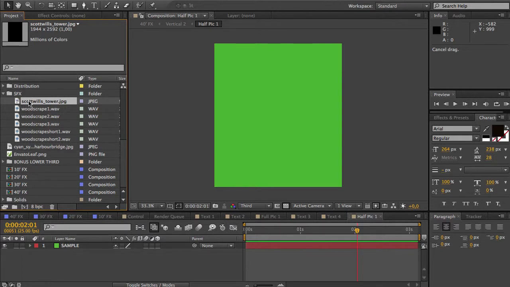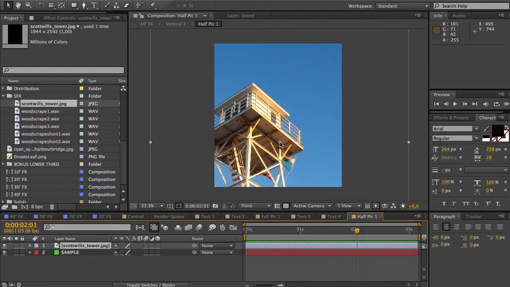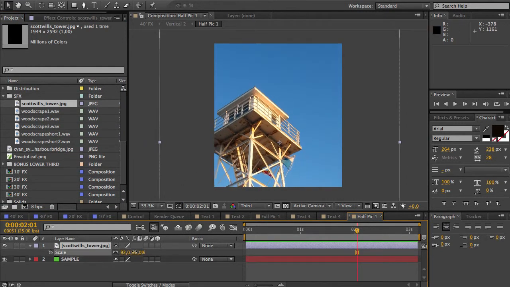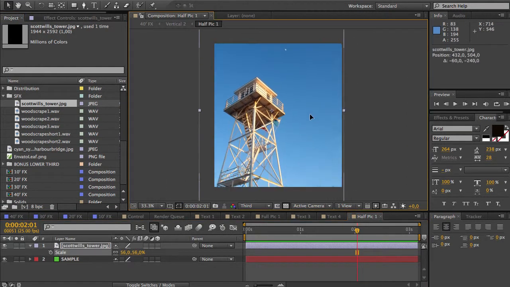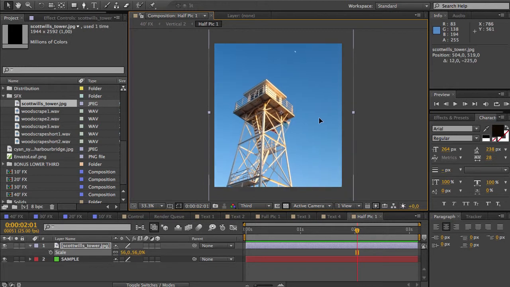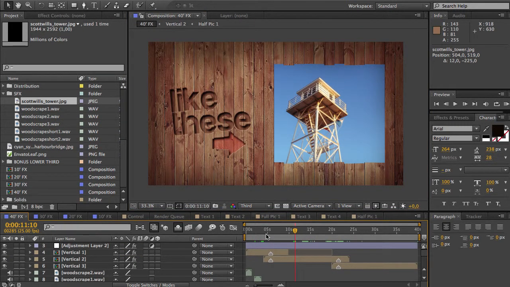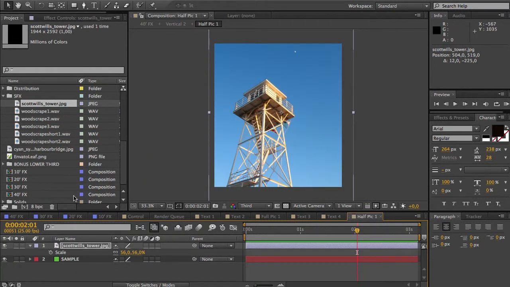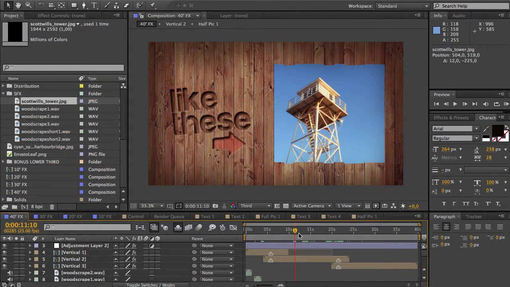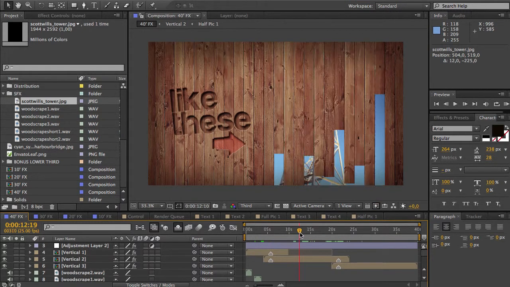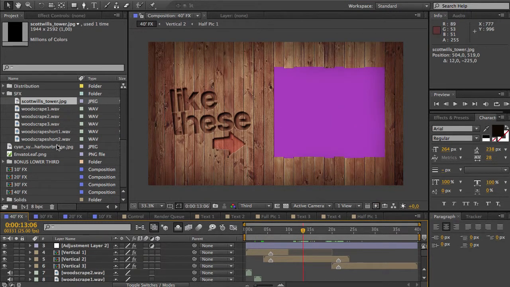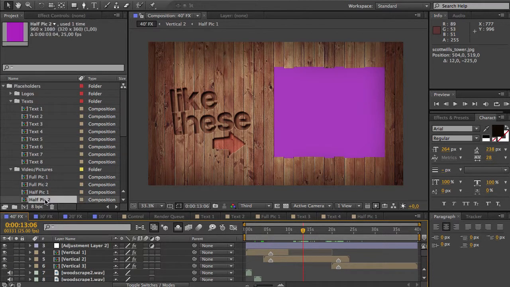Alright, doesn't matter. Let's just drag it right there and let's scale it down. Place it over there, and what you get is this window. Remember, it's not going to show the full thing, but almost. So remember, what's centered in here is going to show in this window, and then we transition to the next window, which is of course half pic number 2,